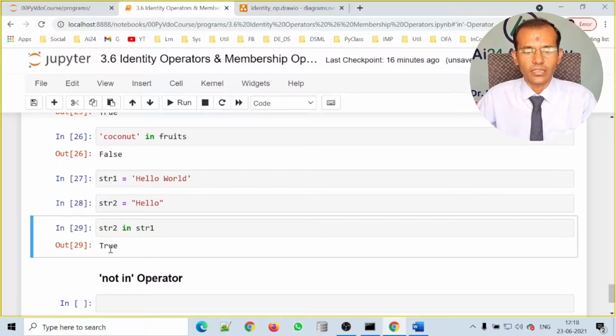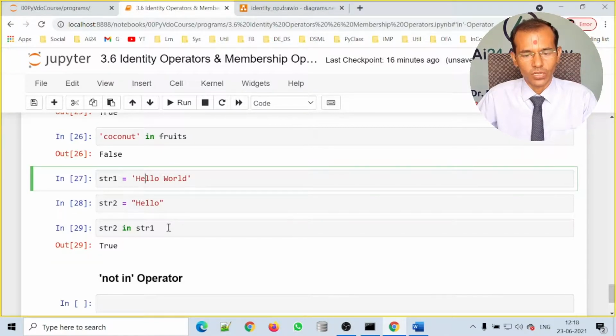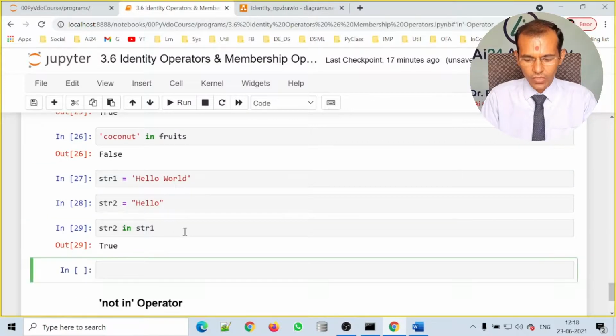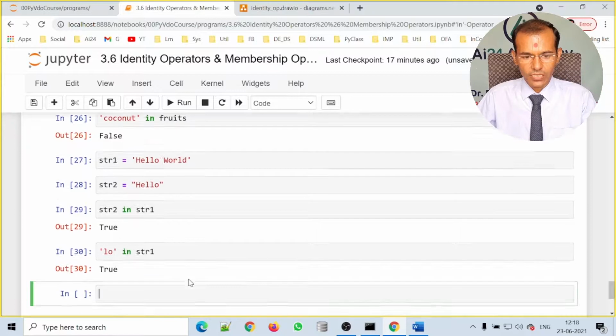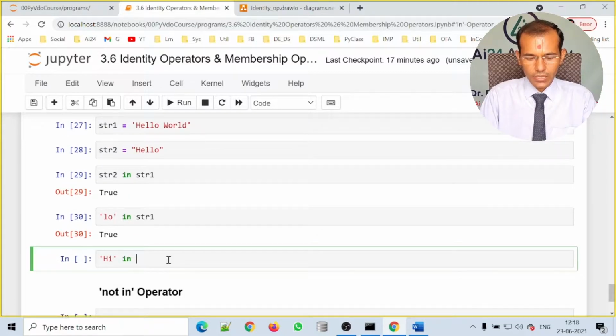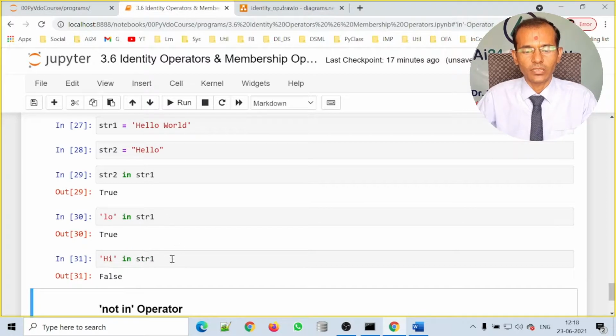So we can see that it is returning true, meaning str2, hello, is present in this, right? I can also check whether the substring lo in str1 or not. It is returning true. Now let me check the string hi in str1. We can see hi is not present because str1 is hello world.